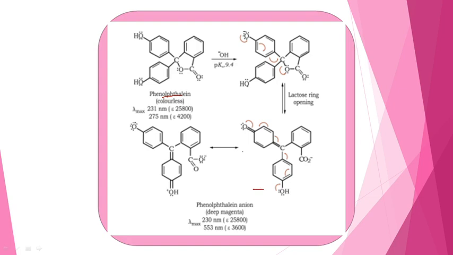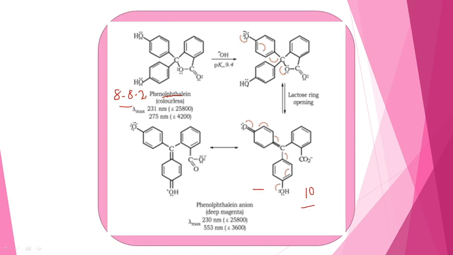There is a change in pH also. Initially it will be at around 8. The pH of phenolphthalein indicator is about 8 to 8.5, or 8.2 simply. After the interaction with the base, you get the pink color. At that situation the pH must be about 10. That means from pH 8 to 10, the pH value is increasing. As the pH value increases, the lambda max will also increase.